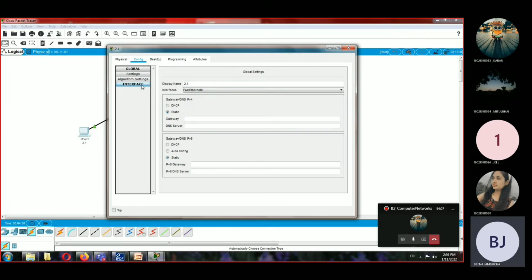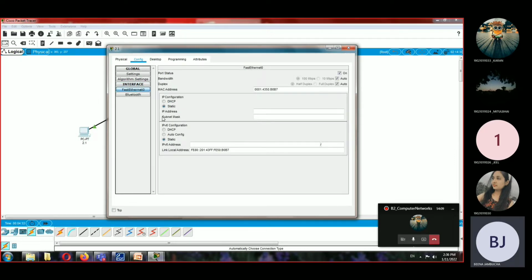In config, I'm going to change the name of the computer as 2.1. Interface is FastEthernet0. Now we'll go on the FastEthernet0, turn on all the things: port status, bandwidth, and duplex. In IP configuration, go to static and give the address of the computer as 192.168.2.1.